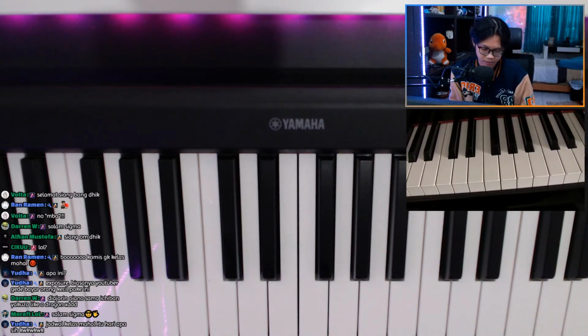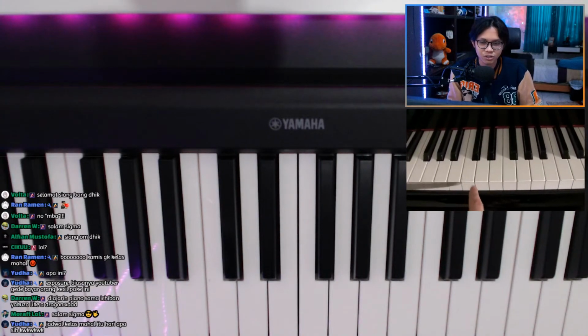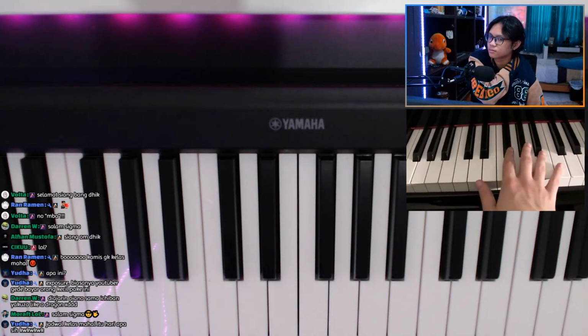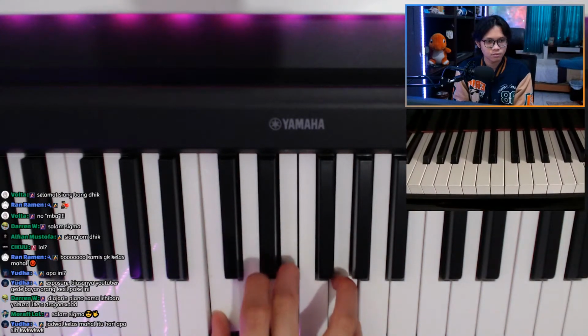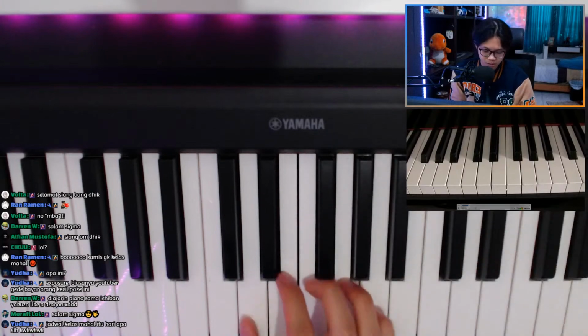Now this chord is the strongest out of all of them. And it's one of the only chords that you would use if you're playing a piece, right? So you're just messing around the piano and then you just want to end the piece. So you'd hit the tonic chord of whatever key you're in. And don't worry, you're probably thinking, oh, well, I'll never get to that point, but trust me,